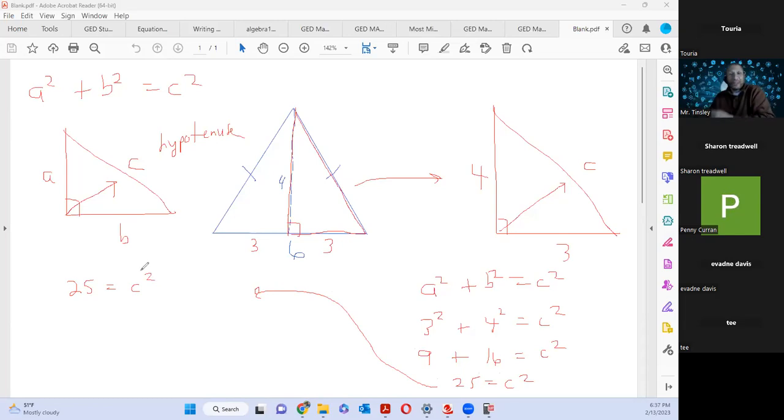We're going to take the square root. Square root, yeah. The inverse operation of squaring is square root. So we take the square root of both sides. The square root of something squared is just C. They cancel each other out. And can anybody tell me the square root of 25? 5. Okay. So now this side is 5.